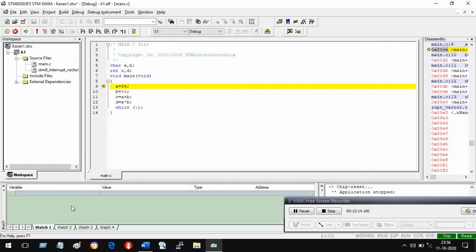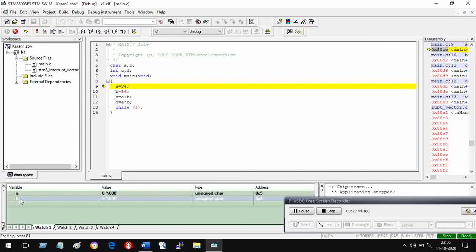One is A, another is B, another is C, then is D. You can enter D here. This is C, this is A, this is B, C.